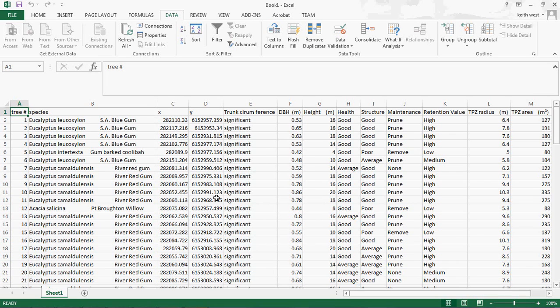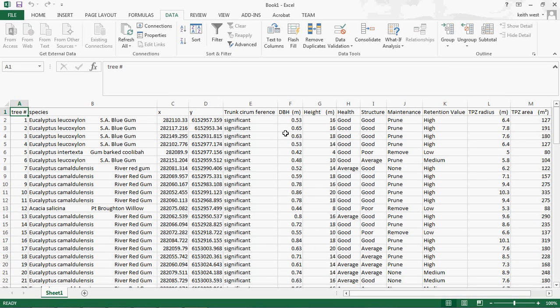You have the ability in gCADPlus to import data from comma-separated files. These files can be read into Excel and in fact exported from Excel still as a comma-separated file. We have here some data from a tree health survey, so we have the X and Y coordinates of each particular tree in the survey, and the tree protection zone area has been calculated, and the height of the trunk